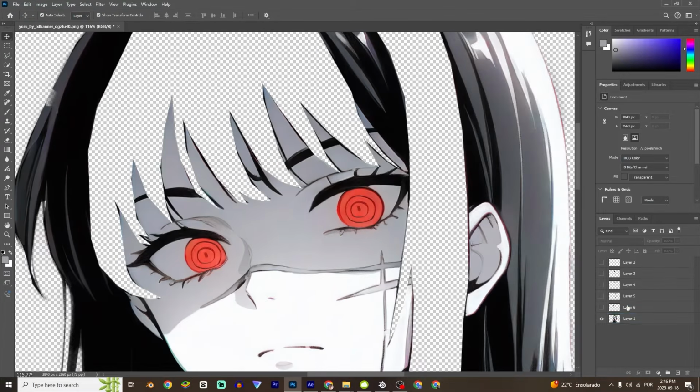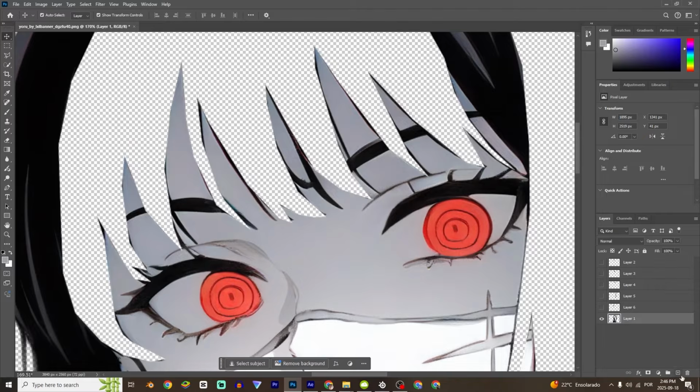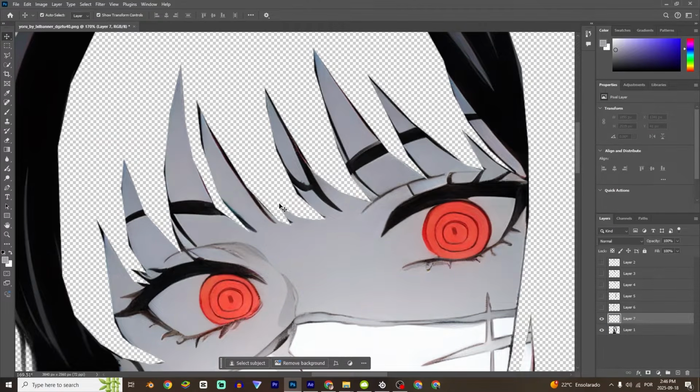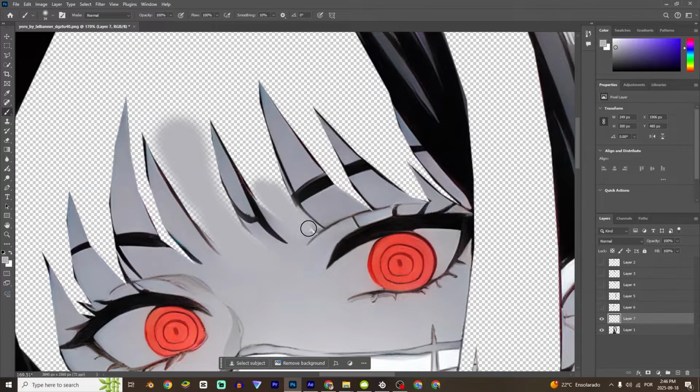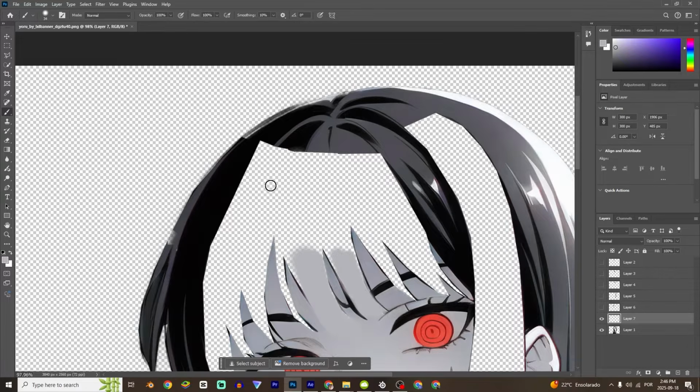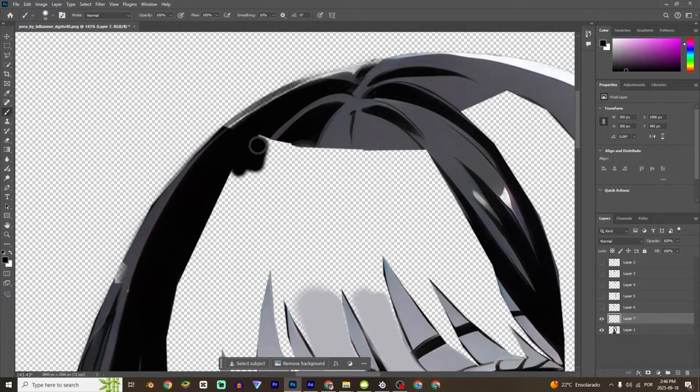To fill those parts, it is really easy. For example, you can make a new layer, press B, and holding Alt, you can select a color and then paint those parts. It is really easy again, but takes a little bit of time, you need to have patience to do this, but yeah, it's worth it. In the hair right here, I'm gonna use black. So yeah, it doesn't need to look